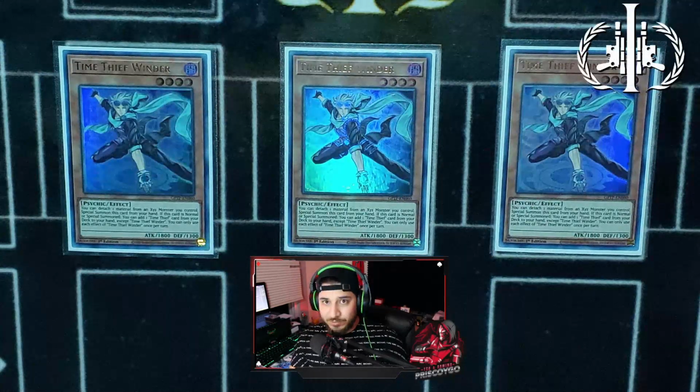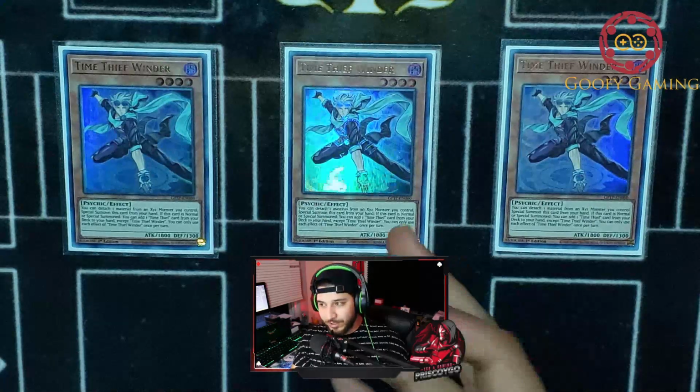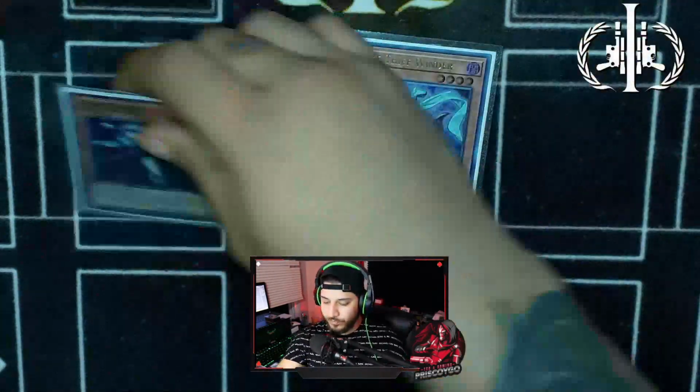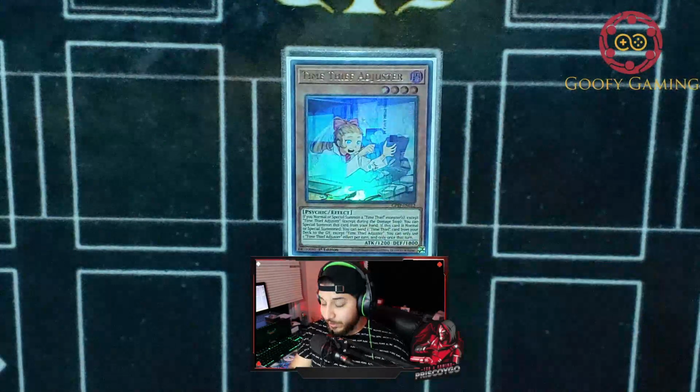And then when he's summoned, you can search for any other Time Thief card in the archetype, again, other than himself, and add it to your hand. So you can see how that can be beneficial. The next Time Thief card, which is the newest addition,